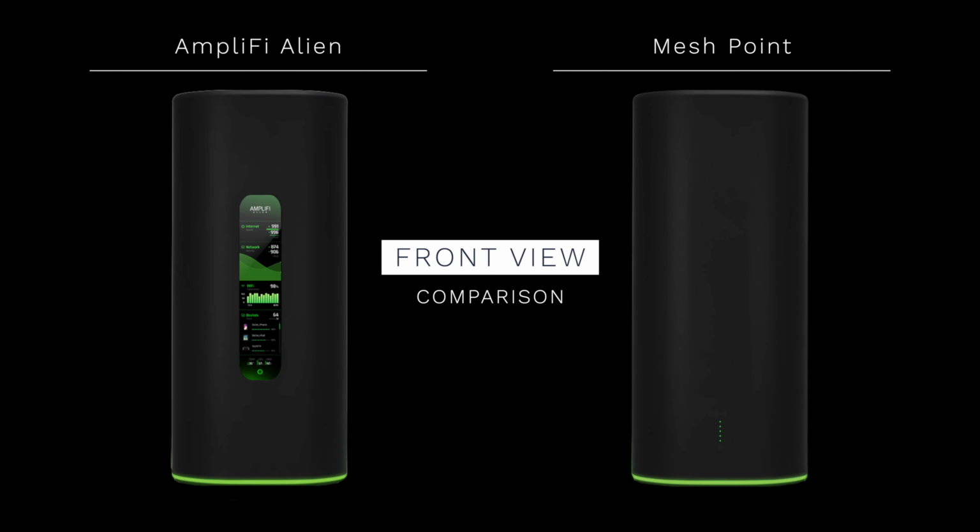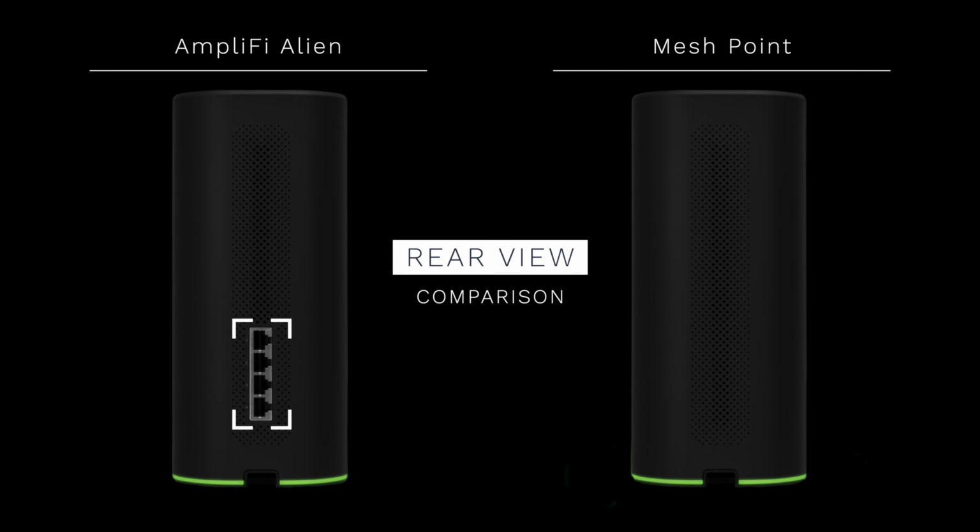So here's my recommendation to you. Don't buy the mesh system for $699. I wholeheartedly think you should just buy 2 Alien router units and put one of them in bridge mode, essentially turning one of the Aliens into a mesh point without sacrificing the touchscreen and the 4 gigabit Ethernet ports that are included on that. If you buy 2 Aliens, it'll cost you $758, which is $59 more than the packaged